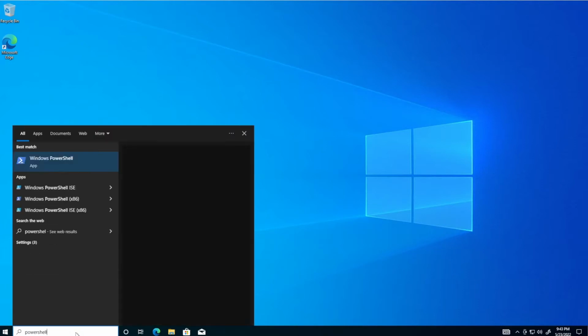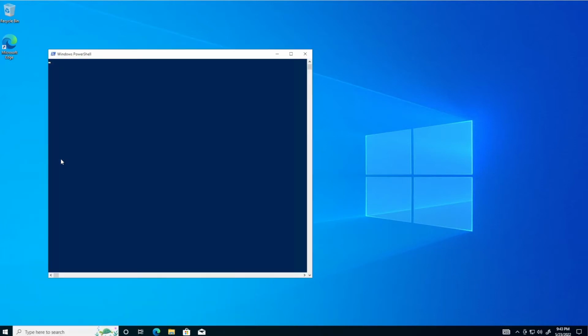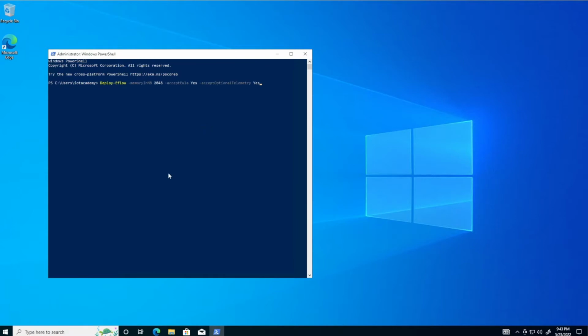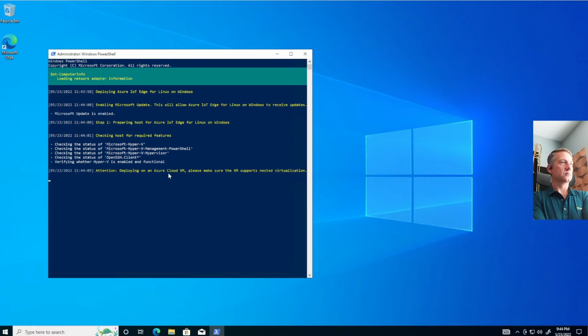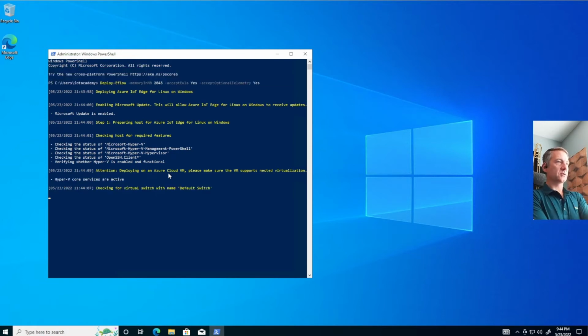So I'll open the PowerShell window again. I'll paste in our command and press enter. Now this script may take some time to run, upwards of 5 minutes. So while we wait for the script to run,